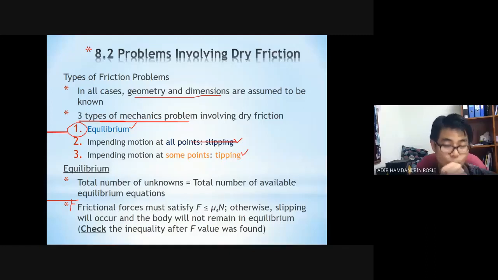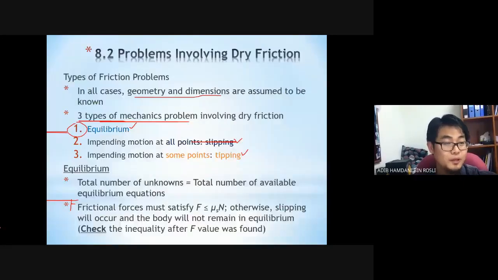What I want to say is that you have the equations of equilibrium, and you solve them to get your frictional force F. You have to check this F against your mu S N. If your F is lower than mu S N, then that is good. But if it is higher, then that's a problem, which means that actually it is not in equilibrium. You get me?